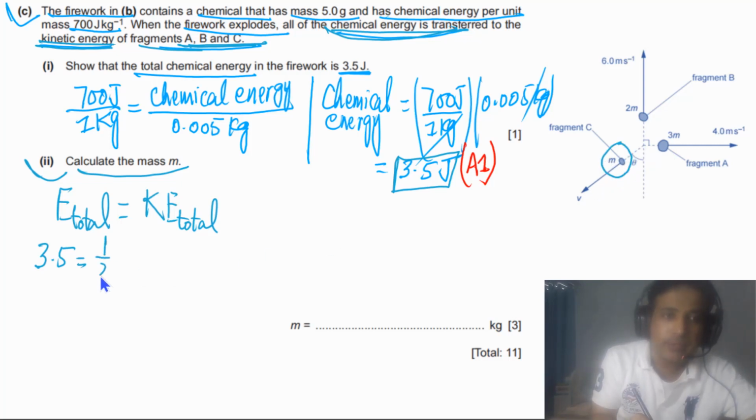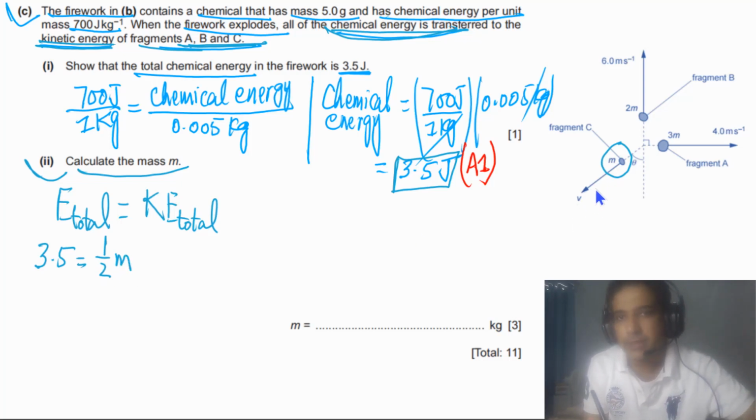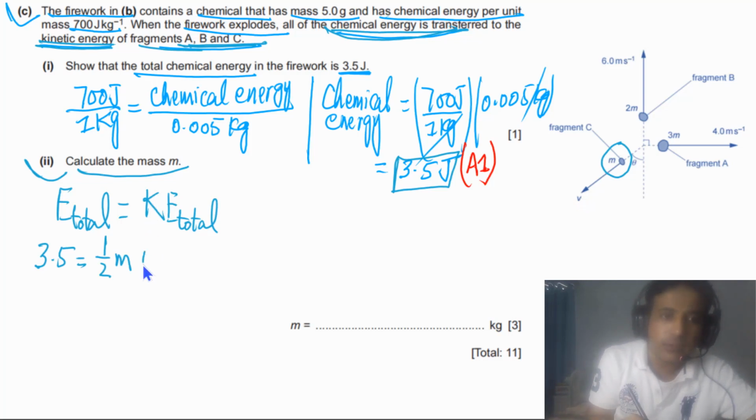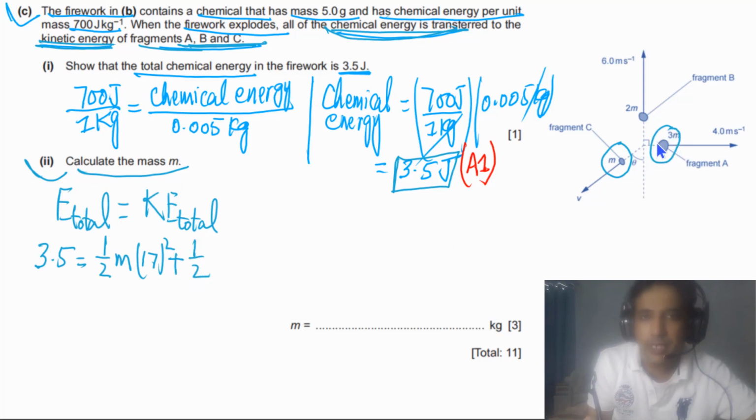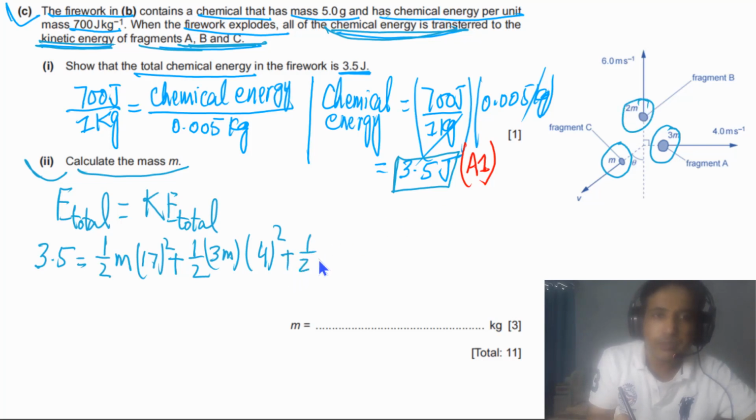So we have this is 1/2 m v square. The speed of this one we have calculated, speed is equal to 17. So we can say this is 17 square, plus we have 1/2 for 3m. So we can write down this is 3m, and the speed of this one is 4. This is 4 square. And now for 2m, we can write down this is 1/2. We have mass, that is 2m, and speed of this one is 6 square. Now if we solve this part, we will get